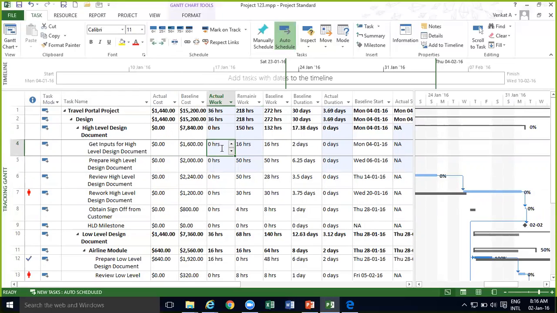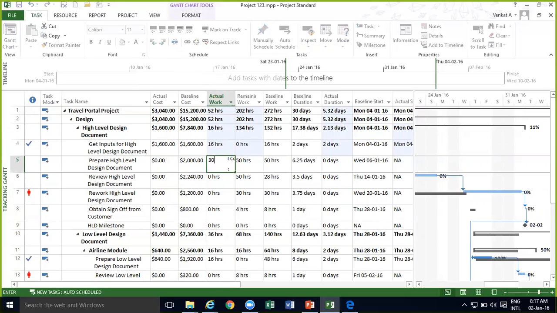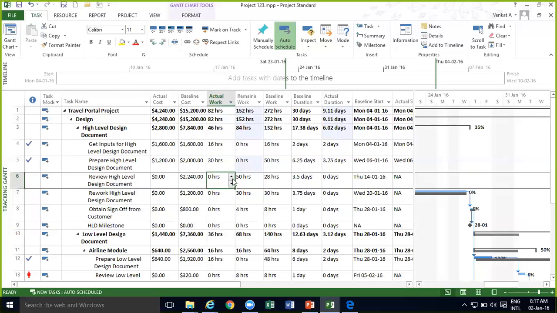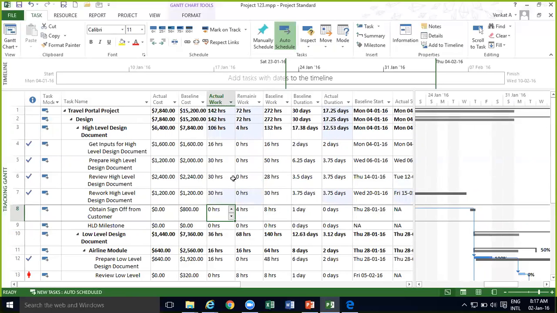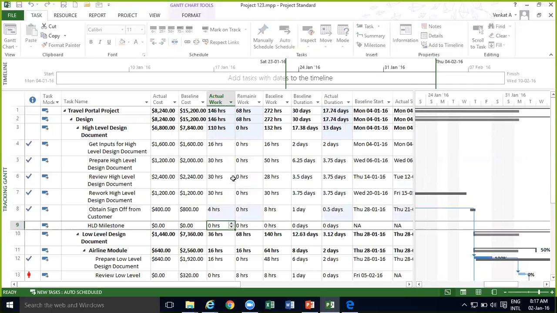Okay, so now what I will do is I will make this 16. I will make, say this is 30, and I will make this 0. This I'll make 30. Then I'll make this 0. This I'll make 30. Right, and let's say this is 4. Right, and where is